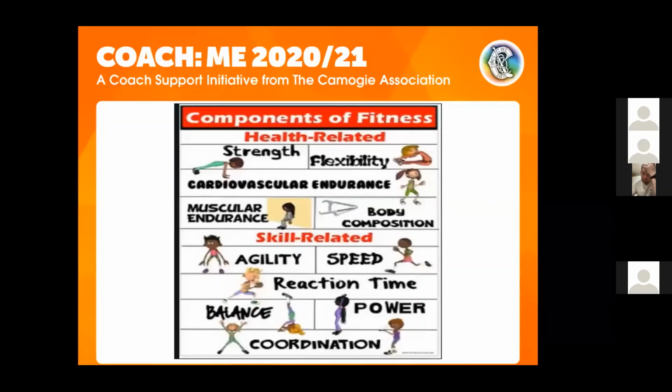One thing to note is that all these components of fitness are not exclusive to each other. Everything is very much interdependent. For example, strength and power go together. You can't really have power without having the strength there first. And in terms of flexibility, you might be able to bend down and then you'll need some strength to get out of that position. So everything is interdependent, but for the sake of simplifying things,